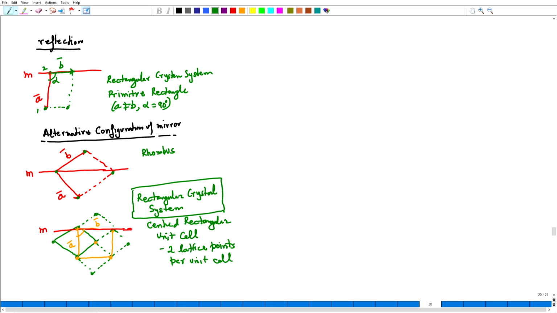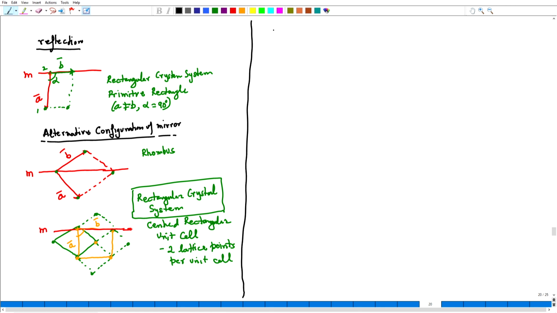So, both of these unit cells come under the rectangular system, just like in the Bravais lattice under the cubic crystal system, you get simple cubic, body centered cubic, and face centered cubic. Here you get two possibilities of conventional unit cells, and in both cases, whether it is centered or primitive, the essential defining symmetry for a rectangular crystal system is the presence of a reflection symmetry.